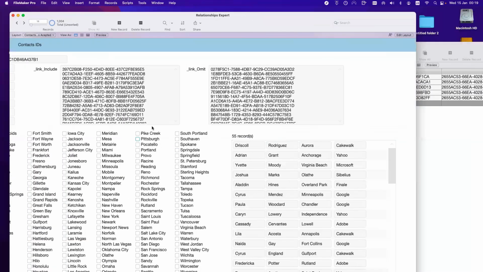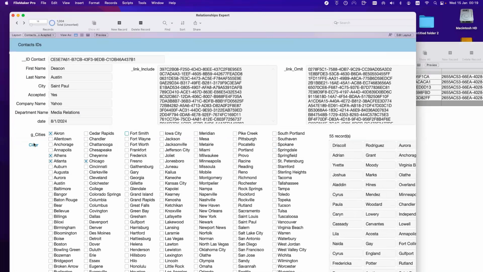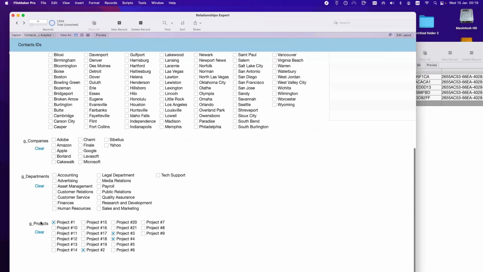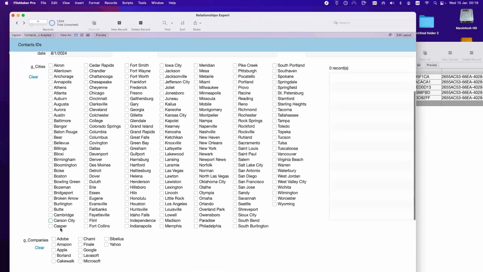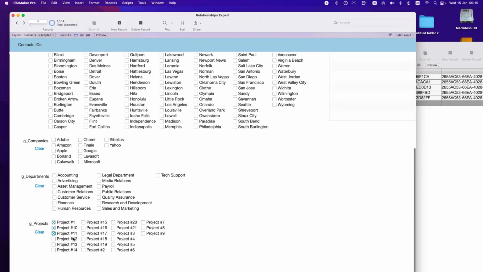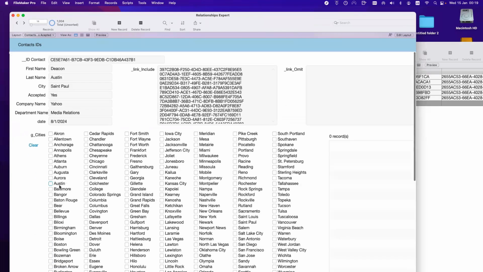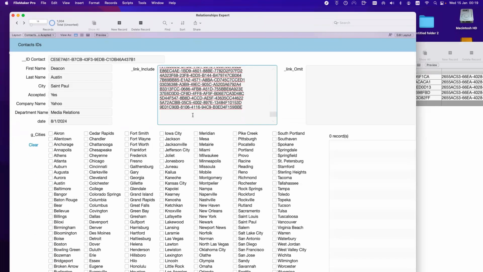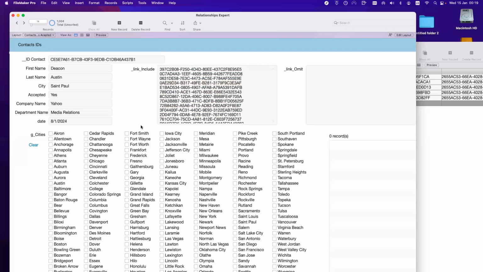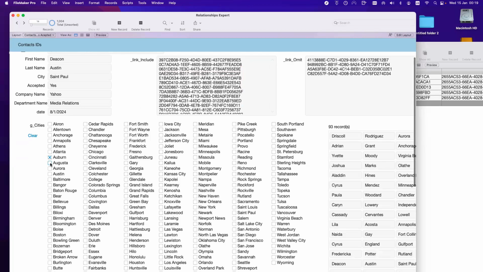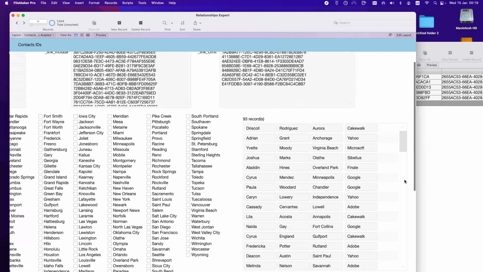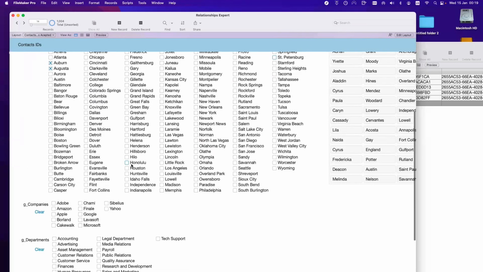So let's clear all. I want projects, all those projects are my IDs, right? But I want to omit Auburn and Augusta. This is what I have. This is the people I have. Also, I want to omit